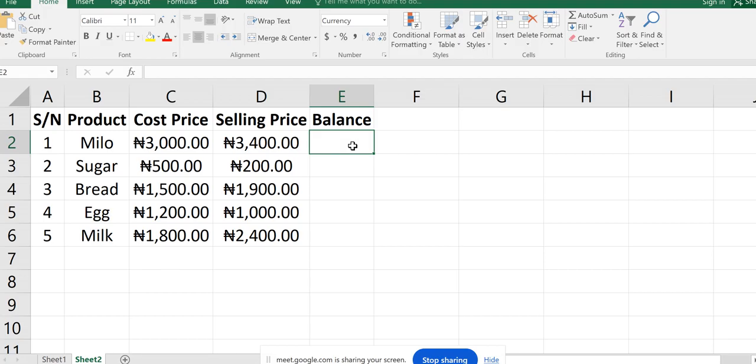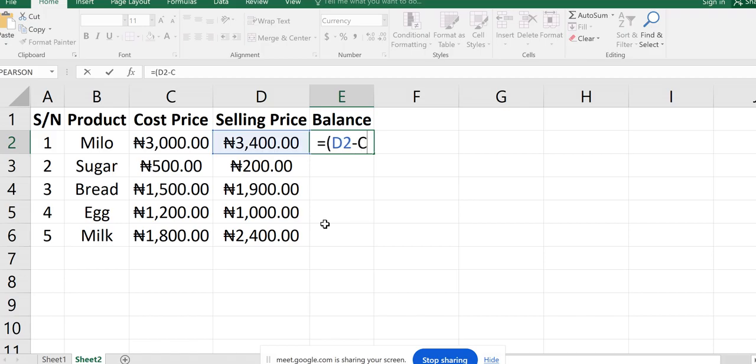So you already know your selling price. The first thing I told you, any calculations you want to perform, you make sure you make use of your equal to, then you can open brackets so that you have it in brackets. Now, in this kind of thing, I have selling price minus cost price. My selling price is on what? This balance, it is normal selling price minus cost price. So which means it will be D2